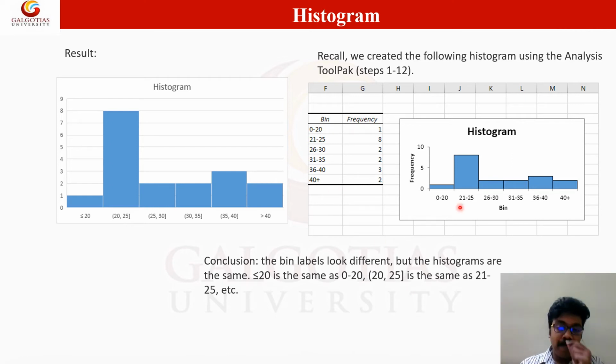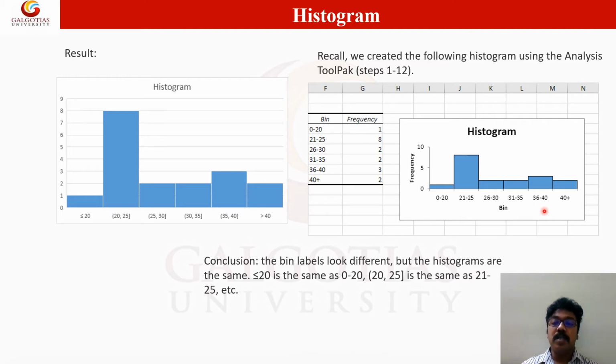Here you can see the bin numbers are 6. So 0 to 20, 21 to 25, 26 to 30, 31 to 35, 36 to 40 and 40 plus. So here total 6 bin numbers are there and the ranges are given accordingly, and you can see the bin width is mentioned as 5, that means 0 to 20, and now they start with 21 to 25, then 26 to 30, 31 to 35, 36 to 40.